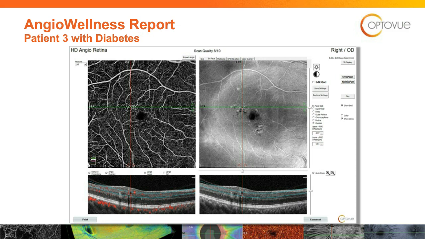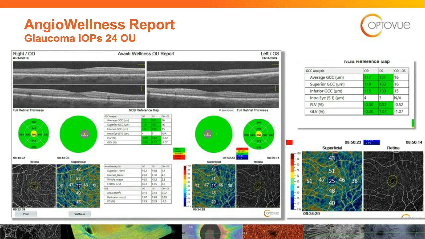And then if you go down into the B scan, you can certainly see the diabetic changes that are occurring, which are a little bit more robust than the first two patients that I showed you. We would definitely want to get this patient's hemoglobin A1C under control and work with the primary care doctor. And this would then generate, probably instead of a year follow-up,